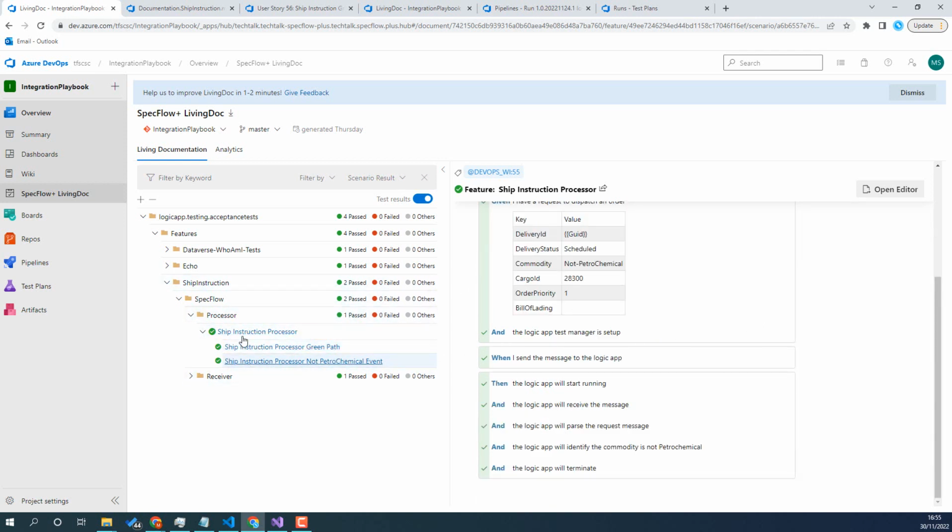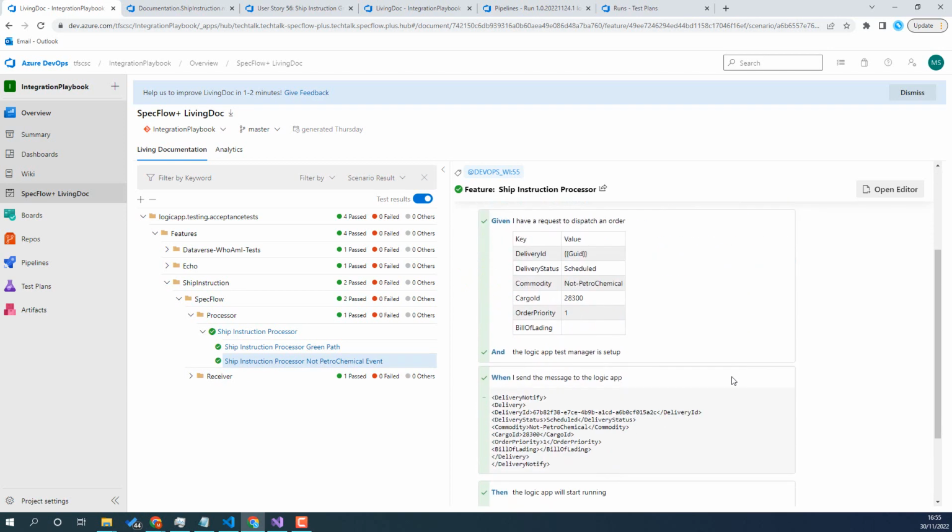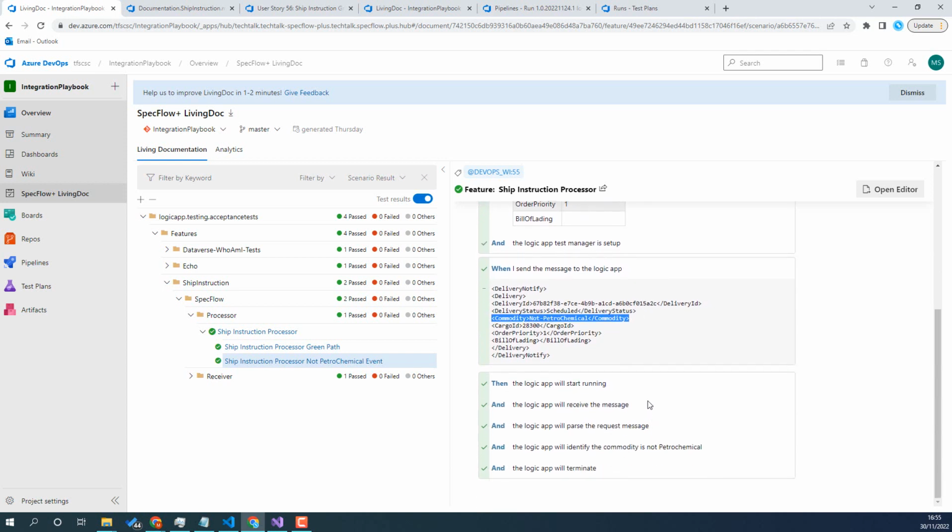Likewise, I've got other scenarios. So for this ship instruction, there might be 4 or 5 test cases that just execute this workflow, so we can go through these here and have a look at what they're doing. So in this one here, we're publishing an event where the commodity is different and it should do different things as a result of that. So that's all good. We've got this nice